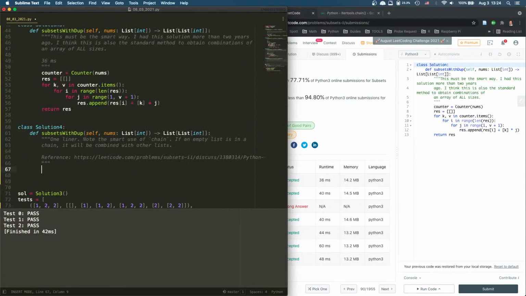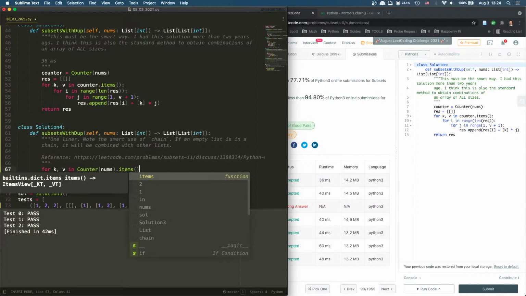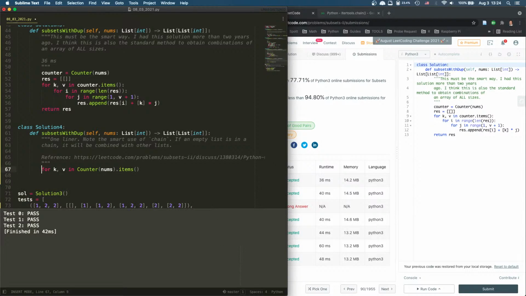So, right. What we do is we need a counter of nums, right? And for k, v in counter.items, right? So when we have key and value, we have key and value. What do we do with them? We need to